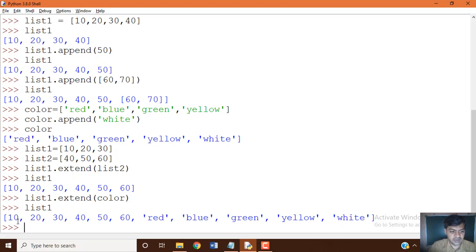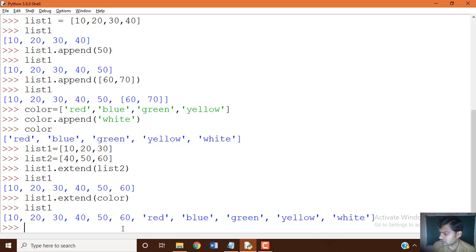You can see the current list 1 variable has this data, and the color list variable which we passed as an argument to the extend function has string values, color names, as data items, which are added to the list 1 variable. In the same manner, now we know how to use the extend function.